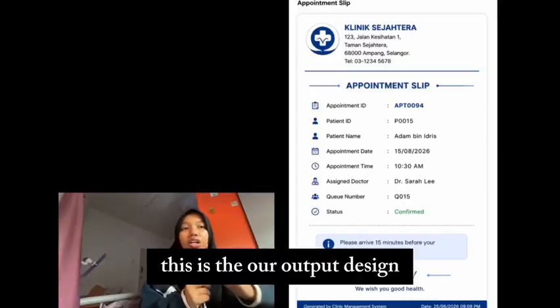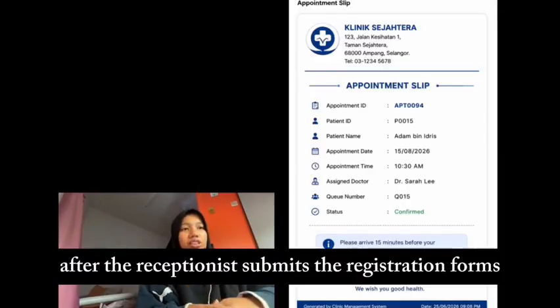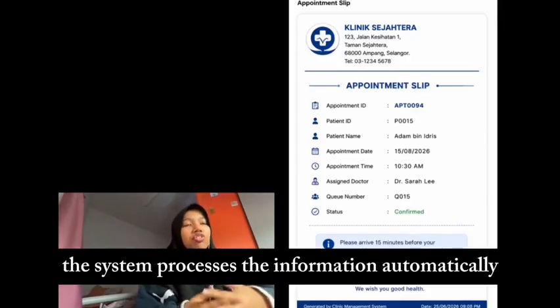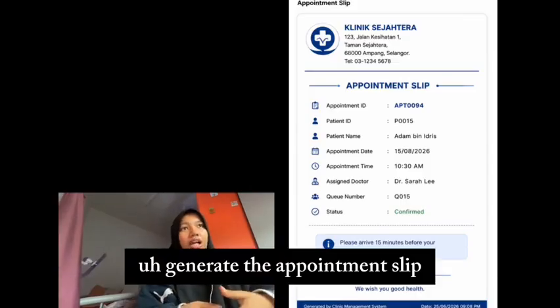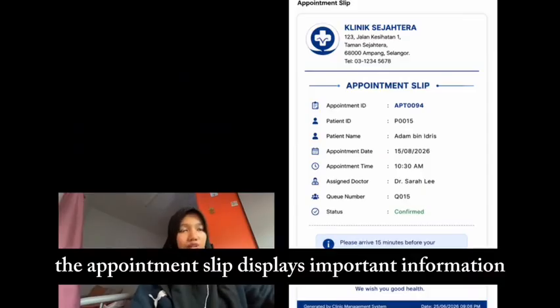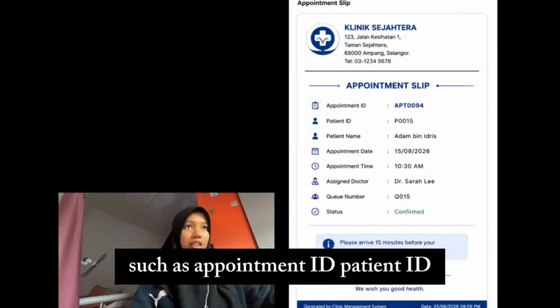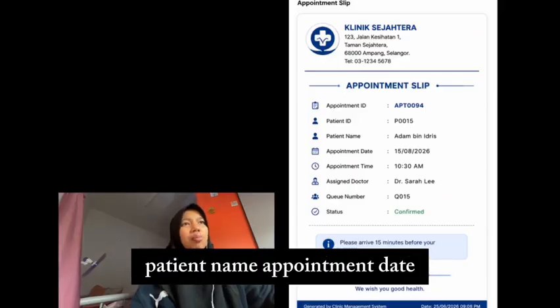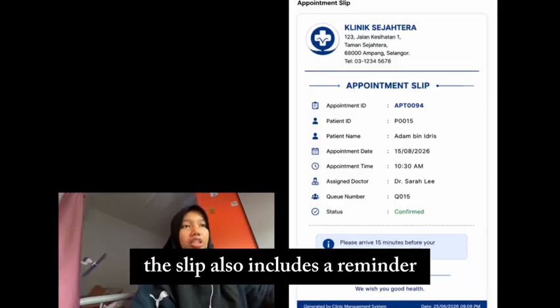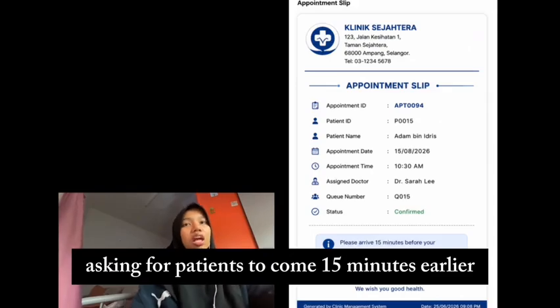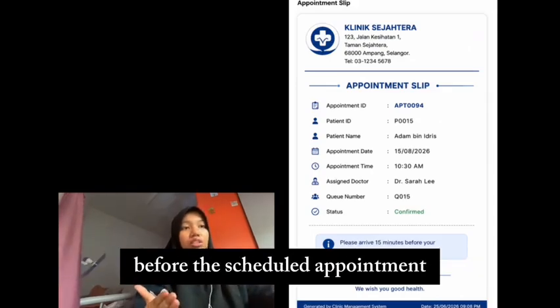This is our output design. After the receptionist submits the registration form, the system processes the information automatically and generates the appointment slip. The appointment slip displays important information such as appointment ID, patient name, appointment date, appointment time, assigned doctor, queue number, and appointment status. The slip also includes a reminder asking patients to come 15 minutes earlier before the scheduled